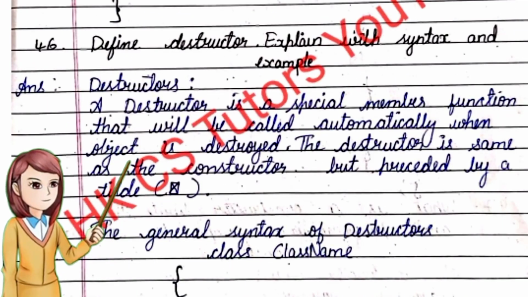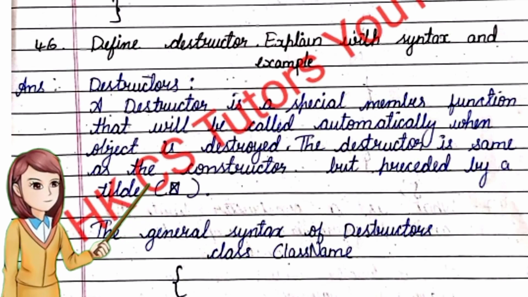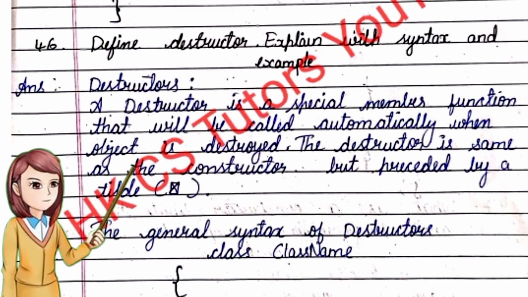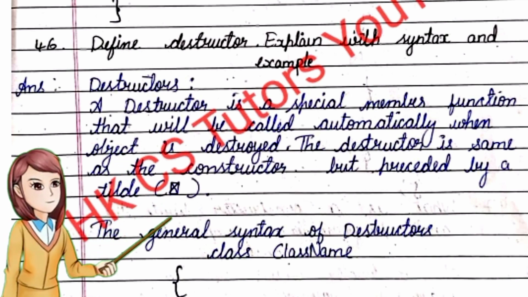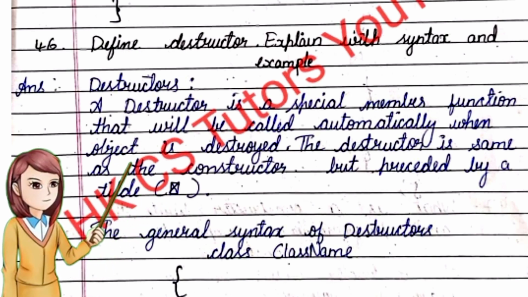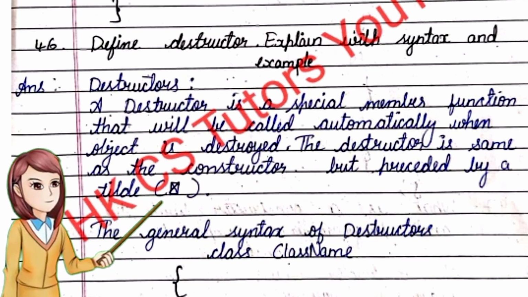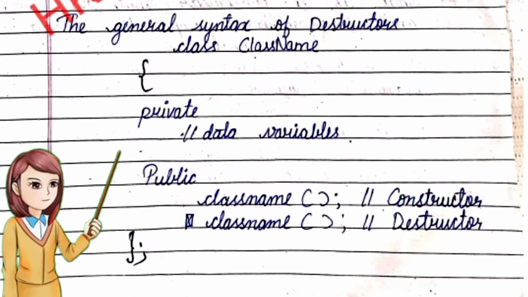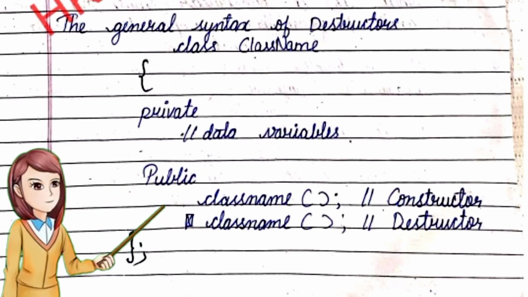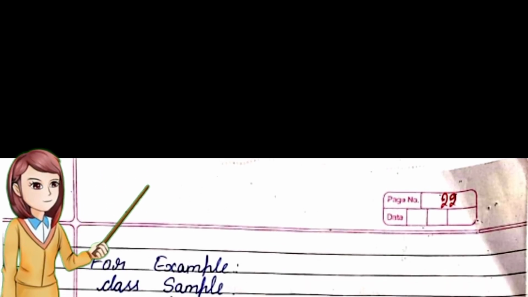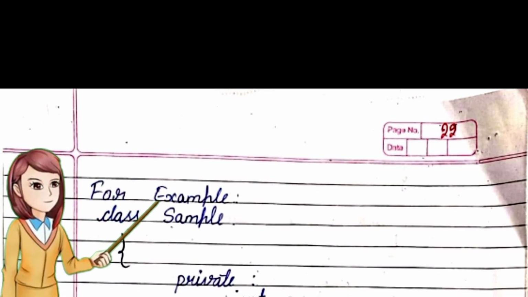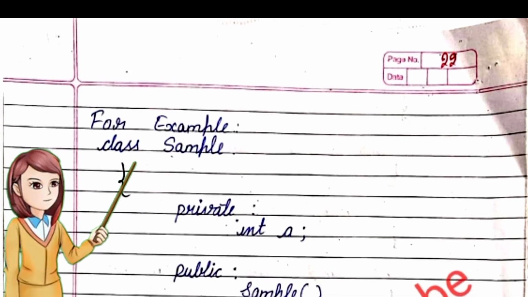46th question, define destructor, explain the syntax and an example. Destructor is a special member function that will be called automatically when an object is destroyed. The destructor is the same as a constructor but preceded by the tilde sign. The general syntax of destructor. Class name. Here we have a syntax. We have used specifiers here and a destructor for destroying an object which we have created, and examples